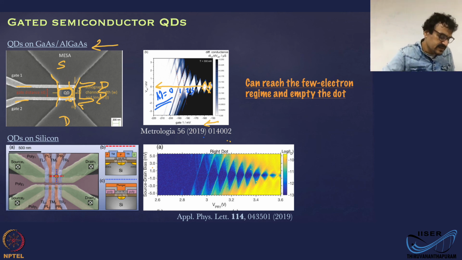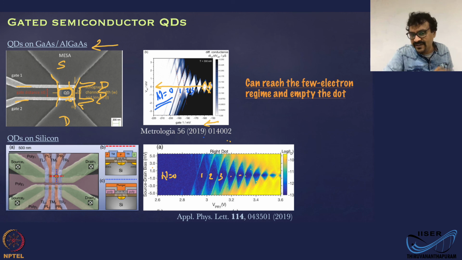Okay. A similar experiment here, quantum dots on silicon. This was on gallium arsenide. These are two major systems where these experiments are done. Again, you can see that the size of the diamond is small to start with. Then when you make the gate more negative, you can see that the size of the diamond is increasing. Okay. Now, in this region, you can say n equals 0, then 1, 2, 3, and so on.